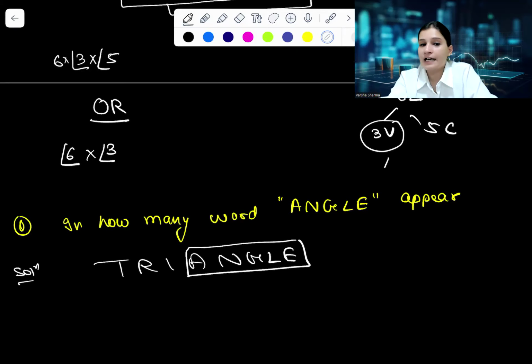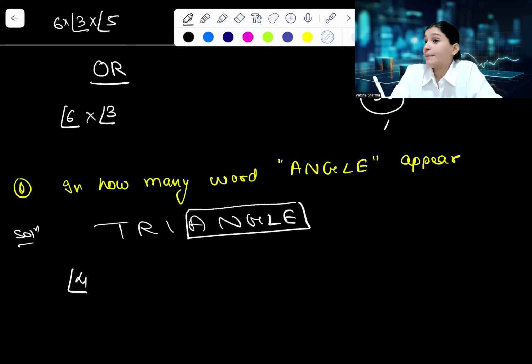Angle, then T-R-I. I bundle T-R-I. Wherever they sit, they'll sit together. So rather than treating them as 5 different letters, let's treat them as a bundle. Yes? So how many letters? T-R-I bundle, 4 people. 4 people can be arranged in